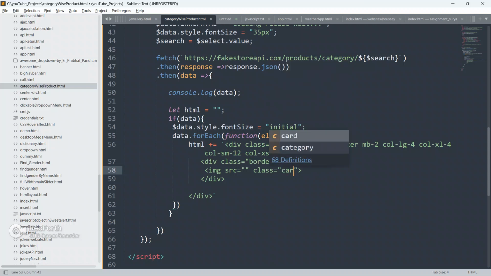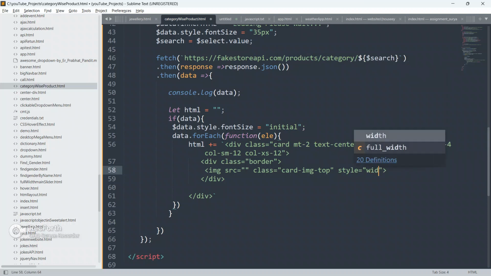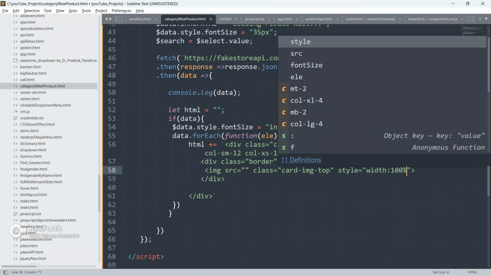So give class as card-img-top, and give a style also here, style, give width as 100%.